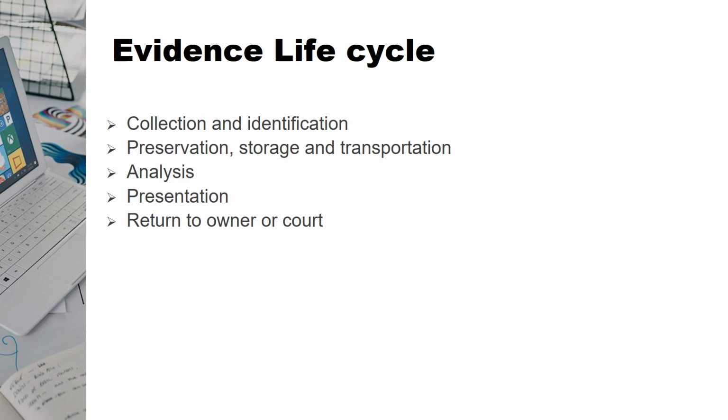Next is preservation, storage, and transportation, which involves protecting the evidence from damage or tampering, often through encryption and secure storage facilities. Then comes analysis, where forensic experts use specialized tools